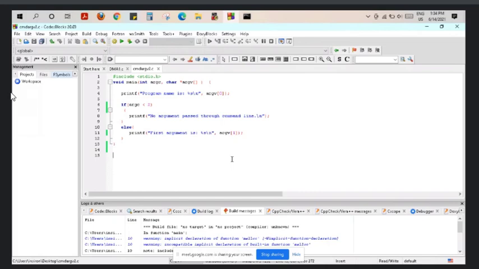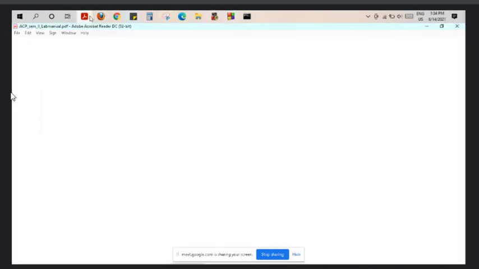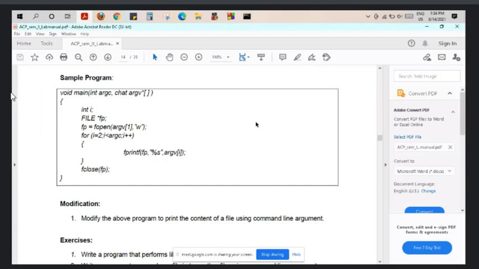Now the sample program that is given in the manual is also doing the same thing. ARGC is representing the number of arguments, and ARGV is a pointer to the character array.